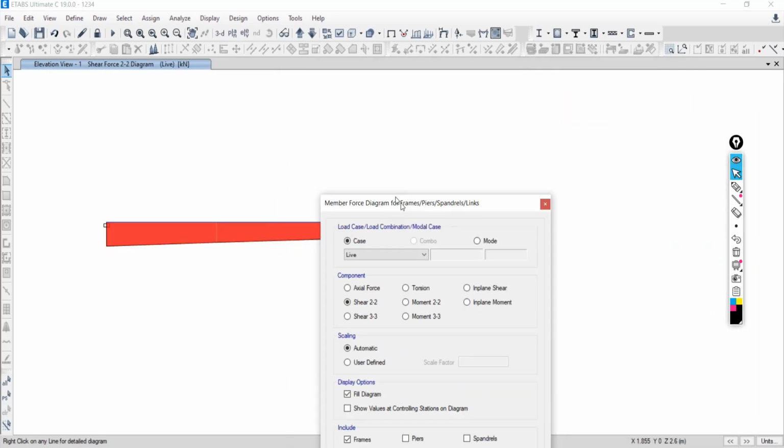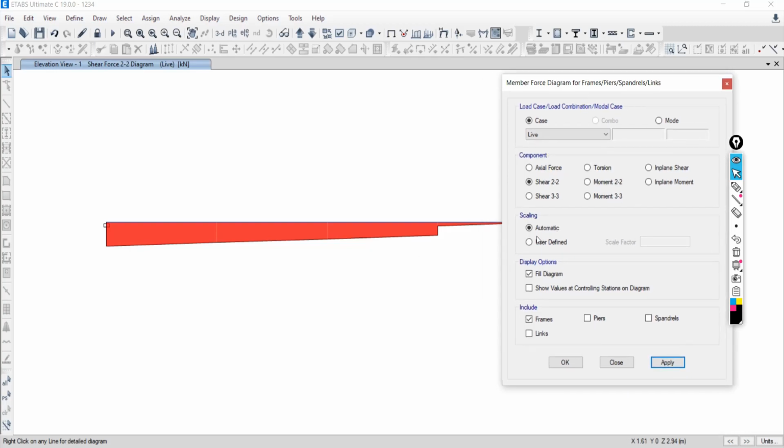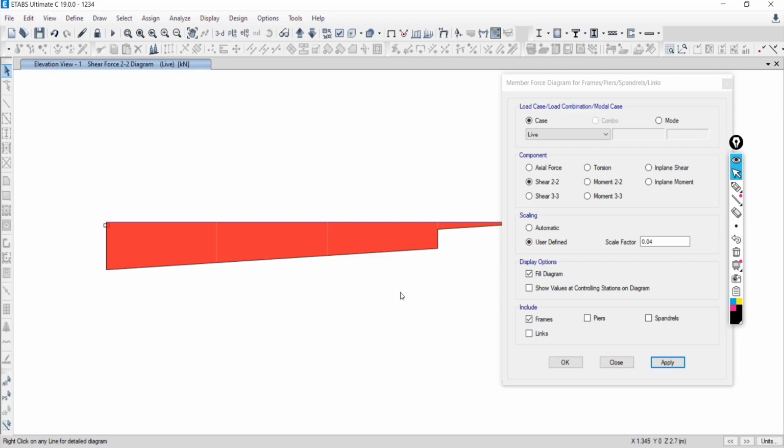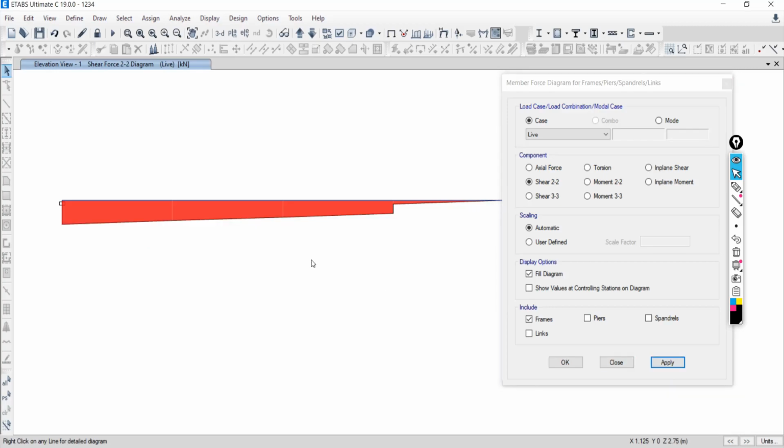Yeah, this is the shear force diagram we are getting. This is what scaling means. If you want to see the result at a large scale, meaning a bigger image, go to user. By default it is 0.02, change it to 0.04, say apply. It is nothing else, you just get a more elaborated result and a bigger image. But let it be automatic, say apply. Then fill diagram. So this is the fill diagram. If you want only the values, say apply. So values will be there only.